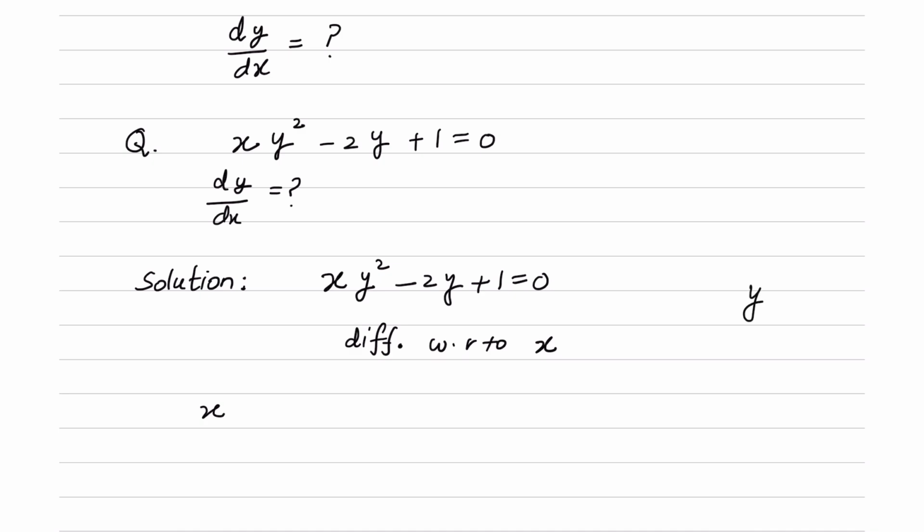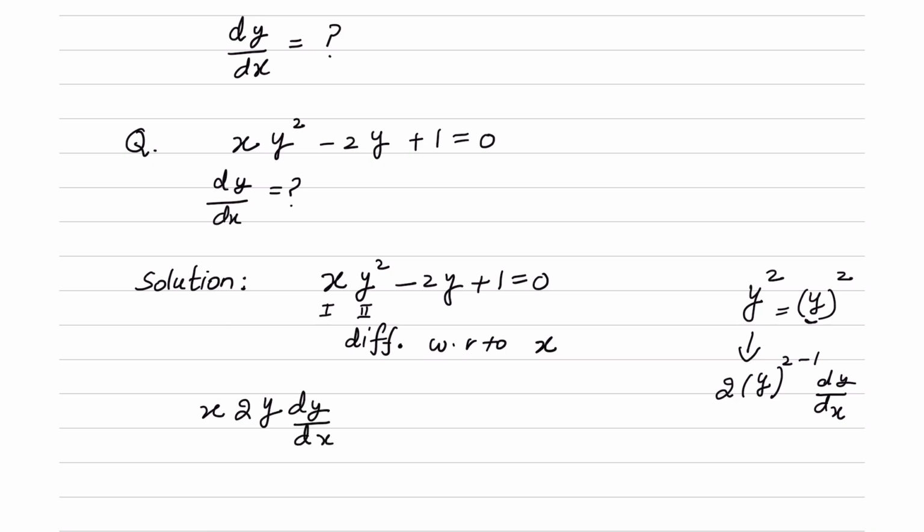Now y square, its derivative by the power rule would be 2y to the power 2 minus 1, and the inside term derivative with respect to x, which is dy by dx. So let's write here the first term as it is and the second term derivative, which is 2y dy by dx,